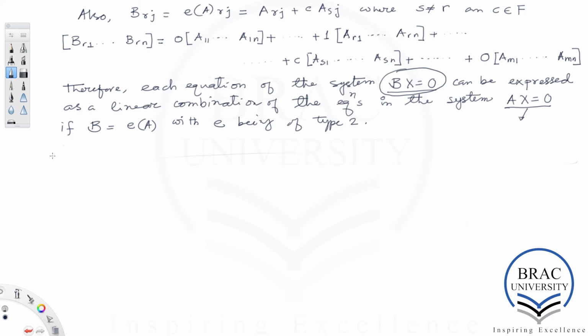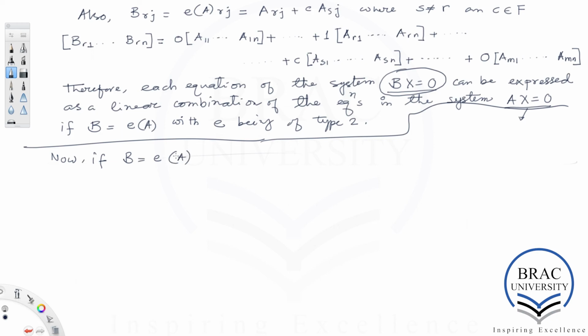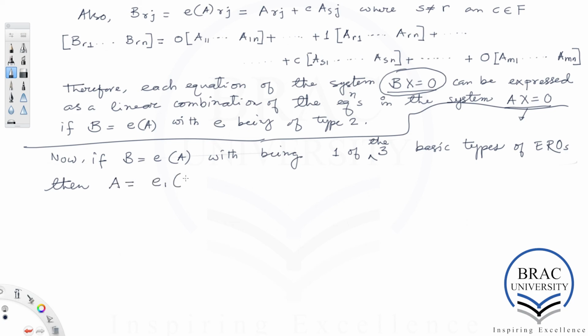Now if B is equal to E of A, with E being one of the three basic types of EROs, then one immediately sees that A is equal to E1 of B,